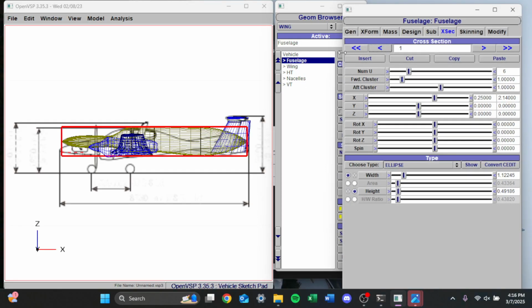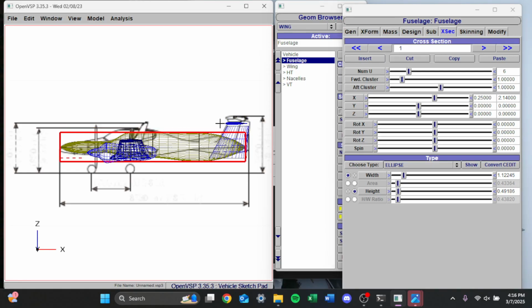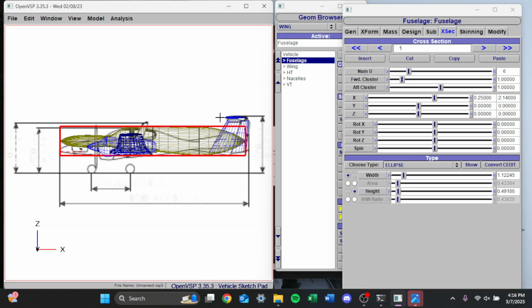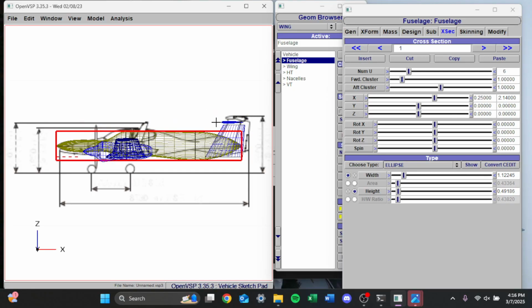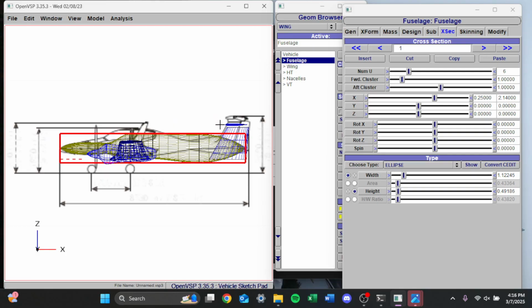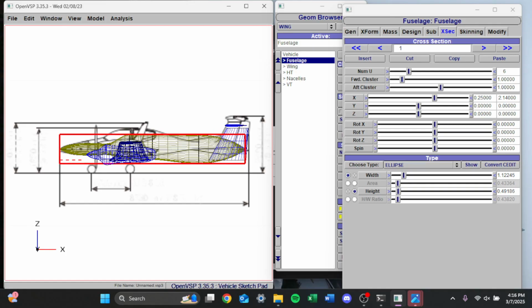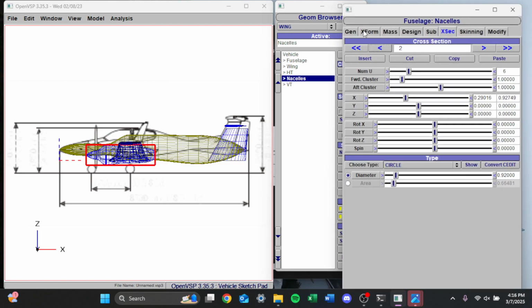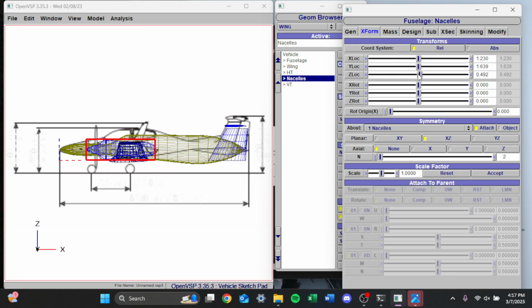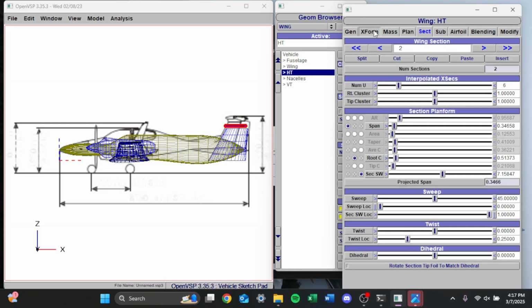So now let's go back to our fuselage. Let's make a couple adjustments here. It's actually going to be more like this, because you always want to line it up with the nose. So we're going to have to move the nacelles up. Okay, it looks good. Horizontal tail